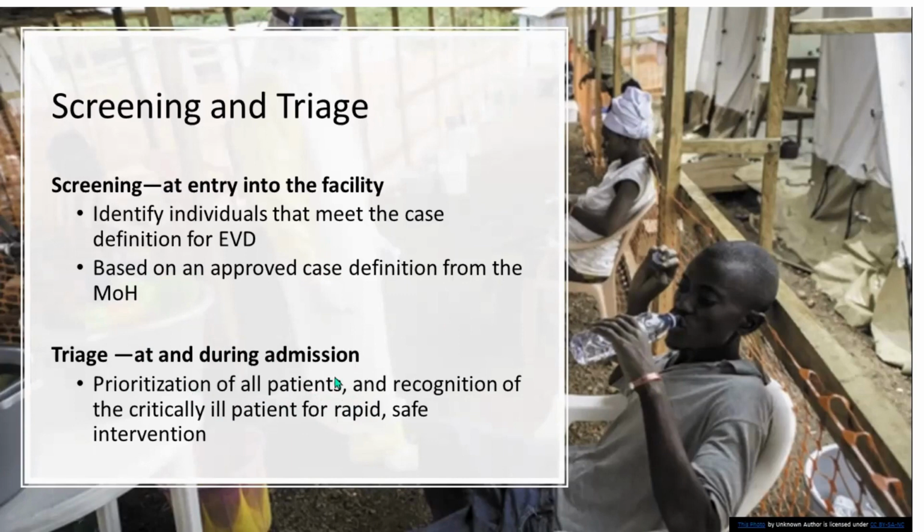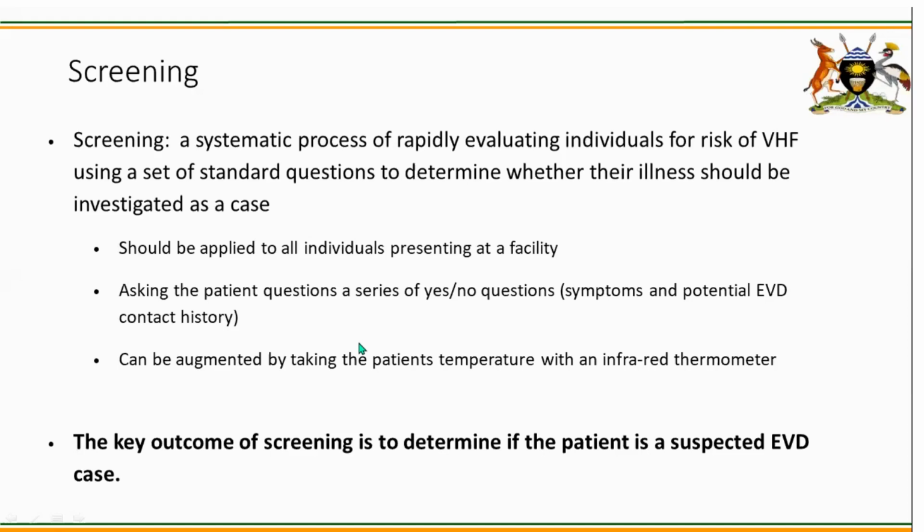So when you do your triage, you can pick up people who are sick. It is from that list that you can also find that, okay, this one meets a case definition, and you can send them to the holding area. This also helps the people in OPD or in the emergency unit, so that the time this particular patient spends in that unit is reduced. So triage and screening are very critical